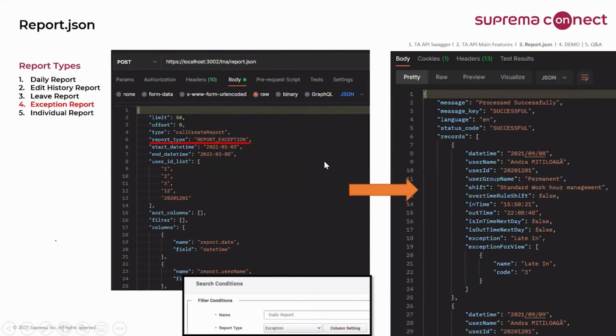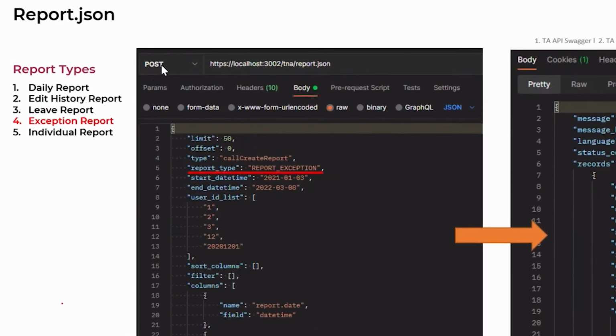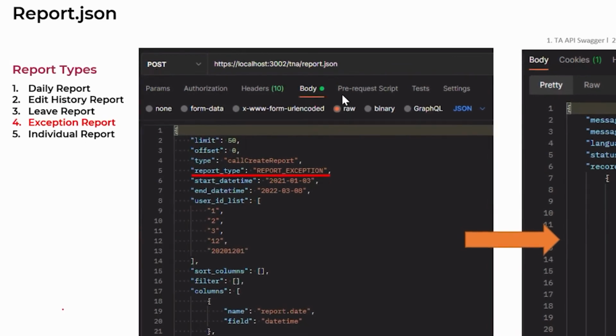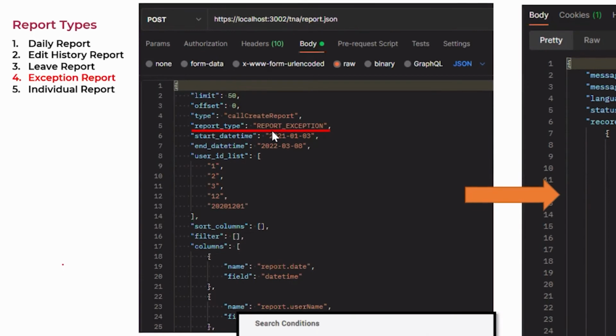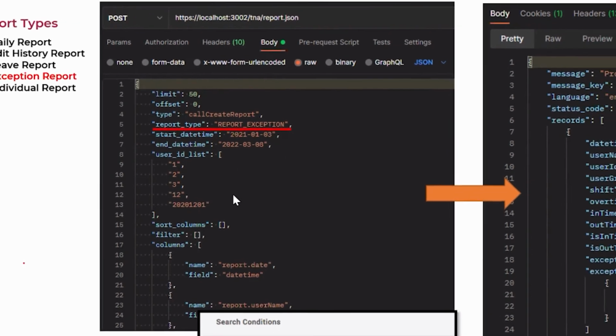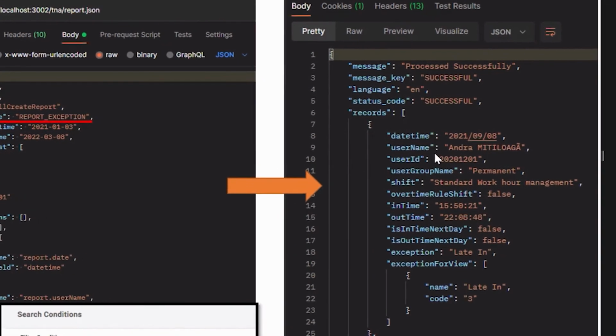And next is going to be the exception report. Again, the API call is the same for all of them, but you just have to change the value input for the report type. Here for the exception report, I put report_exception, start and end date time, and user ID list. And on the right side, you can find my exception report response here with the date, username, user ID,